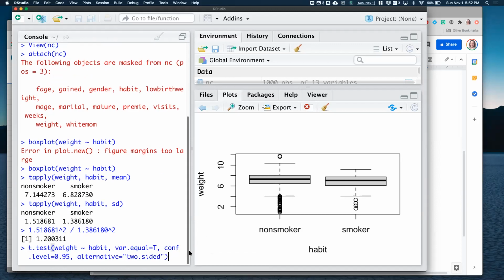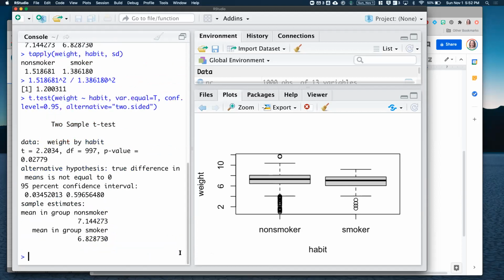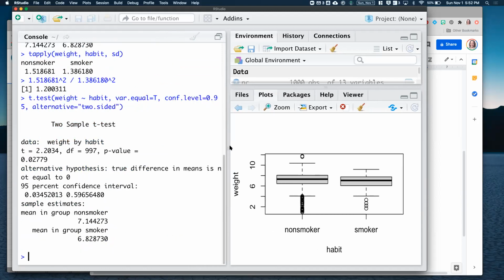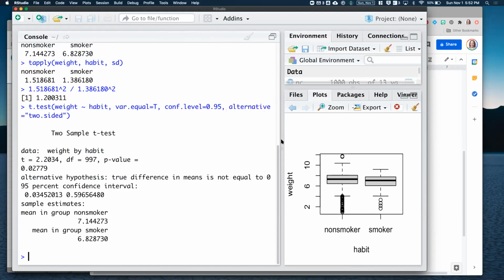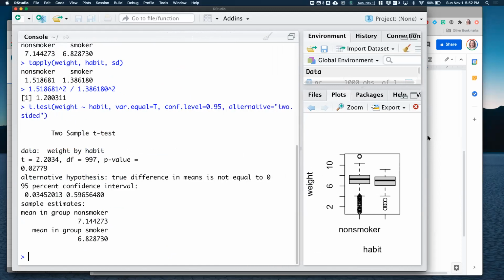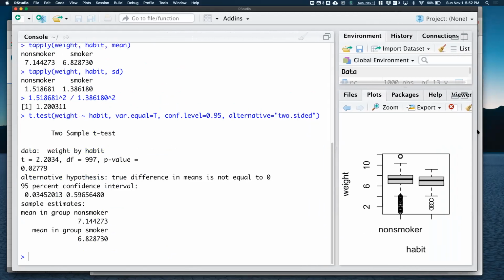Okay. So I'm going to run this code, and it's going to spit out my results. See if I can just get it to look prettier here. Okay, so we've got our test statistic, which is 2.2034. It follows a t-distribution with 997 degrees of freedom, and it gives me this p-value of